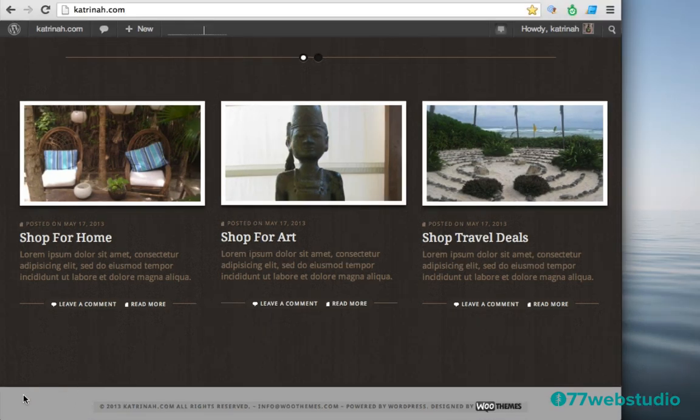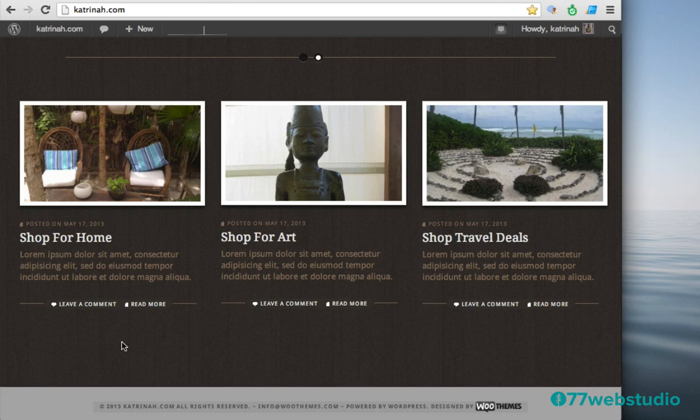So the first step in changing the style of the bottom footer is to figure out what style you want to change it to. So I actually want the same style of this brown. So I need to figure out what this brown is and what image this is that's creating this kind of wood pattern right here. So I'm using the Google Chrome browser, and with Google Chrome there's a tool for web developers called Inspect Element.